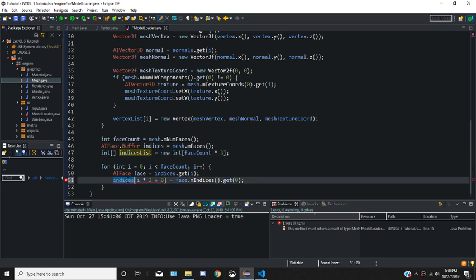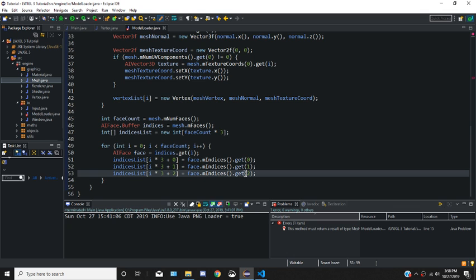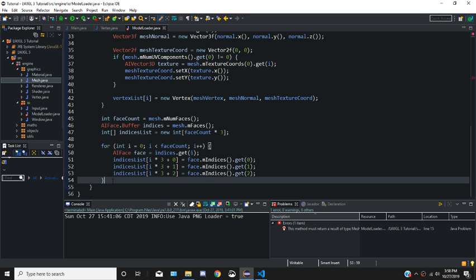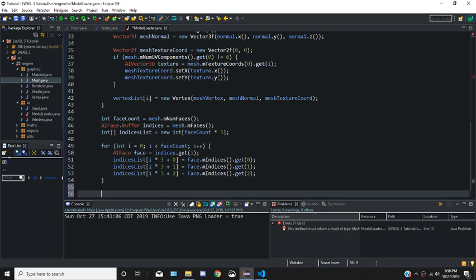Indices list, not indices. And so we can just copy and paste this multiple times. 1, 2, and 1, 2 for the other 2 points. And that is actually all we need to do. So we have all the information we need to create a mesh. So after all this, we needed to say return new mesh,